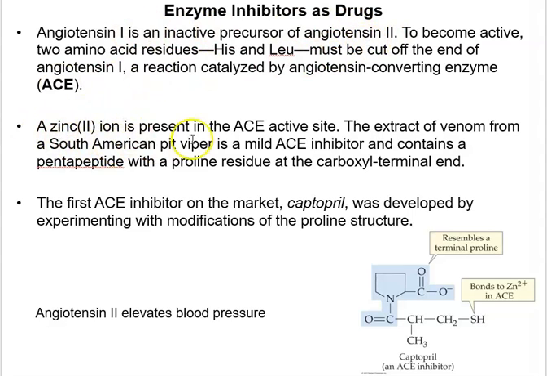A similar drug has been made, modified captopril, that looks a lot like that ACE inhibitor, to help lower blood pressure in people. So this is where I'm going to stop here for these videos,